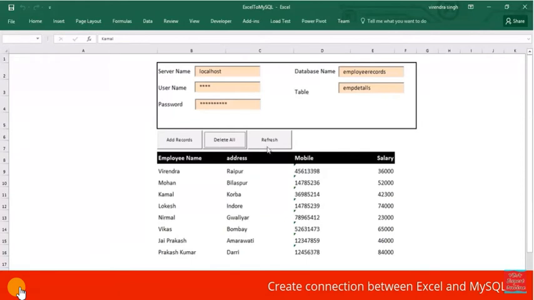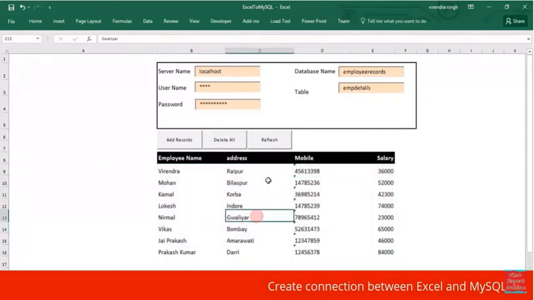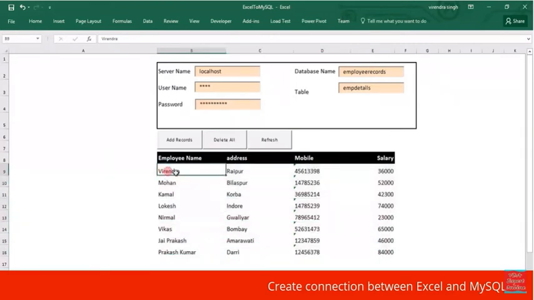The last button, which is refresh, will refresh our spreadsheet. When I click on this button, the data will come from the database into this portion, into this range.